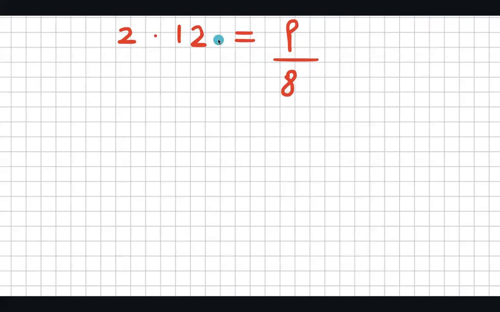Okay, let's go over this example. So we've got 2, and then this symbol here, 12 equals p over 8. Now, as we move through our maths journey, you're going to find that because we're using variables, variables are letters